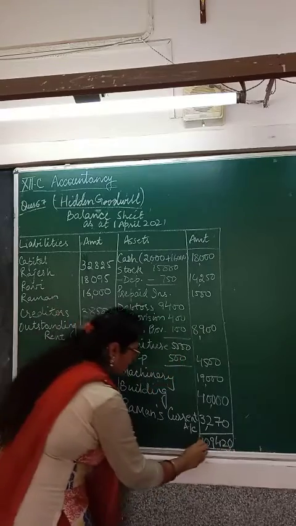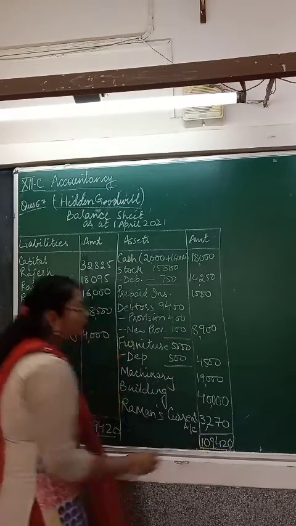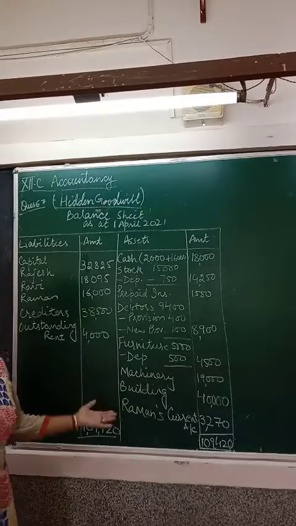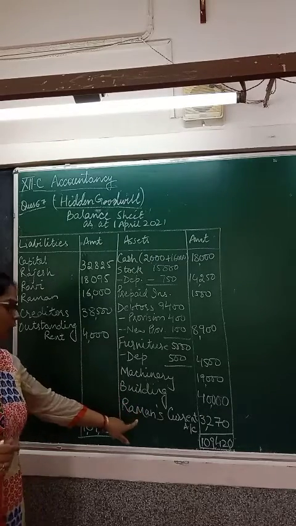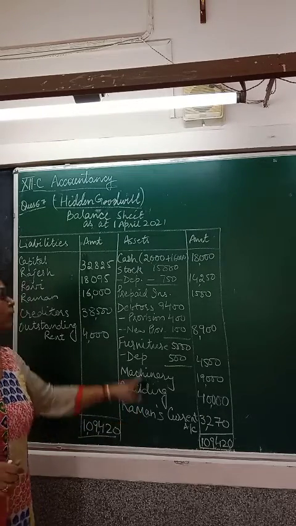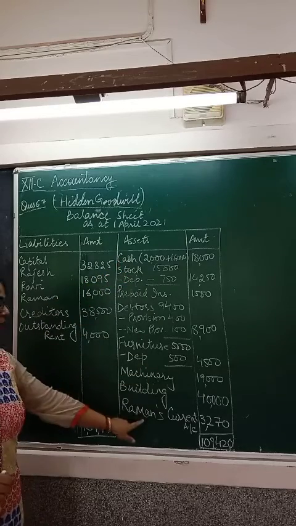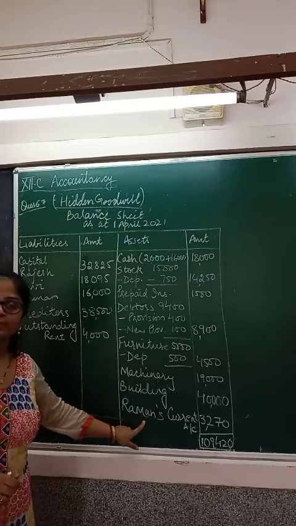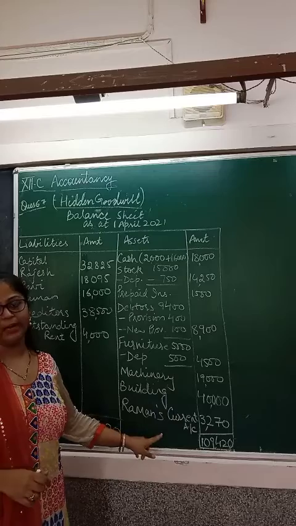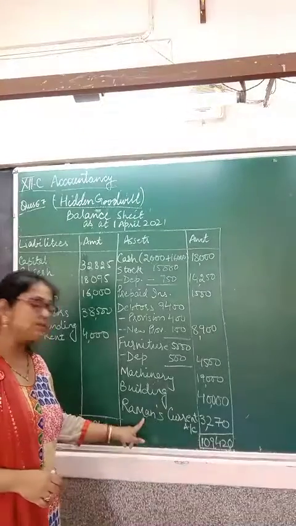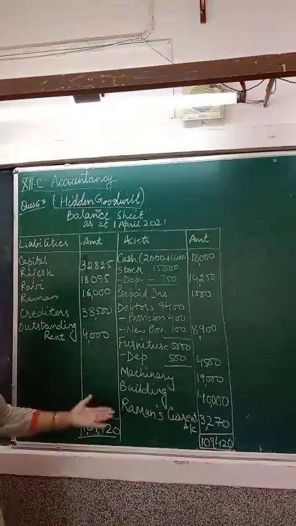This is your closing balance, and this is how you complete your balance sheet in case of hidden goodwill of the new partner. Remember, it is to be adjusted to the current account. It is not to be added to cash, and it will be treated as on the asset side because this is the current account balance of a partner's capital. One's capital is the new partner. Copy it down, and that's it.